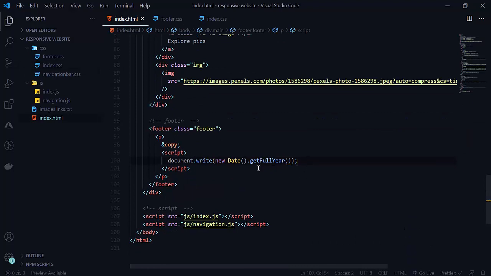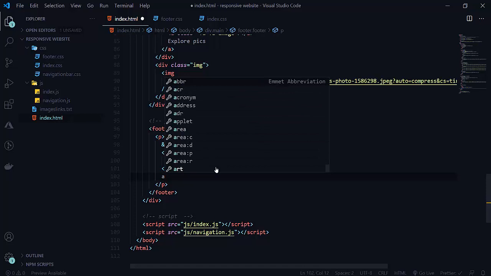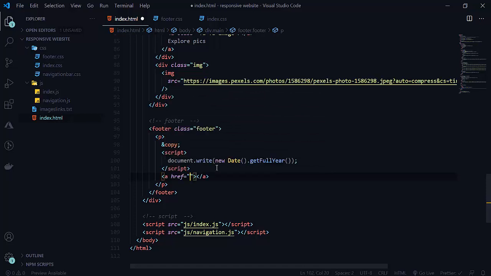After that we want an a tag here, linking to my YouTube channel, www.youtube.com/fullywordwebtutorials, and we will target the blank page here.